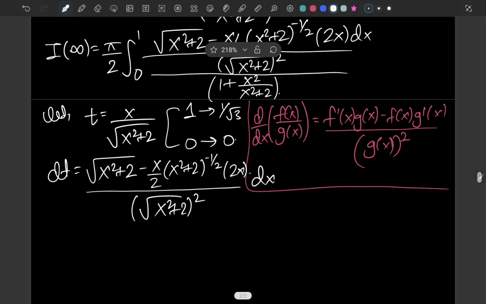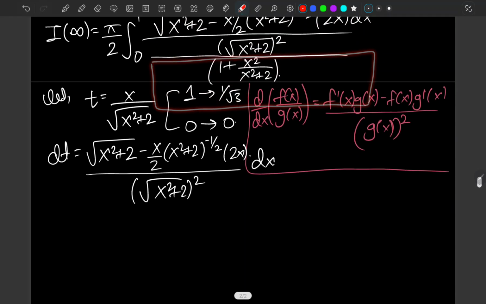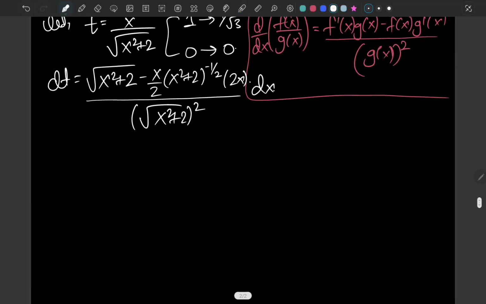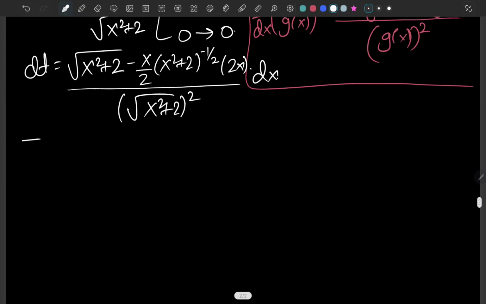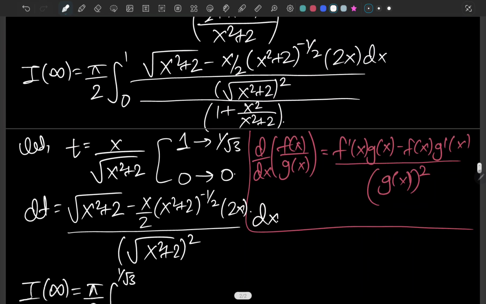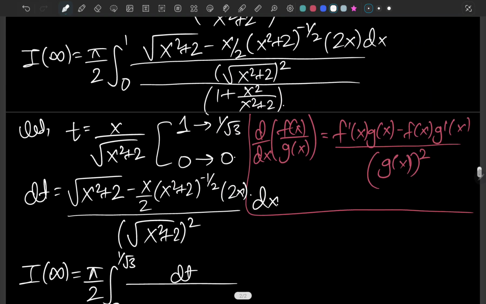And if you can notice till now, this is our dx, exactly the same. How amazing is that, guys? So now we're just going to play with our I of infinity. I of infinity comes out to be pi over 2 integral from 0 to 1 over square root of 3, and that's going to give us dt over